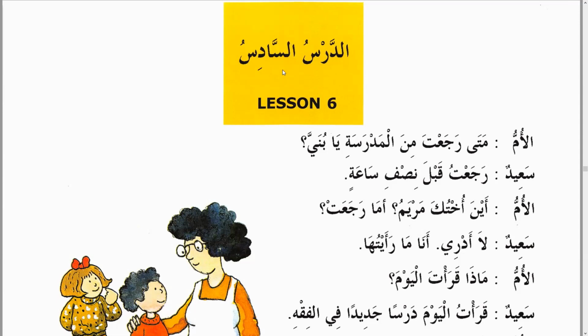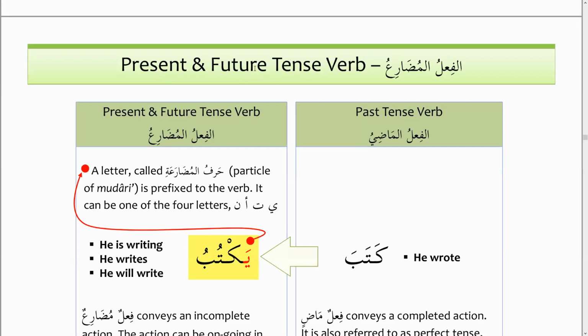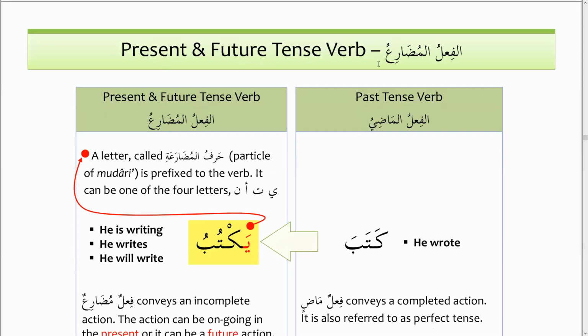Jazakallahu khair. Subhanak Allahumma wa bihamdik ashhadu an la ilaha. And when we are doing mudare, I'll bring weak verbs. We will learn about weak verbs, because when weak verbs come, we'll already know a little bit about them, inshallah: what they are and how they work. I'll do the reader book, the notes book. I have to start with present and future tense, called fail mudare.